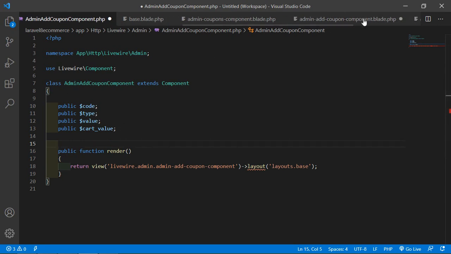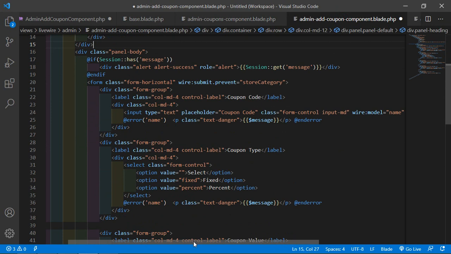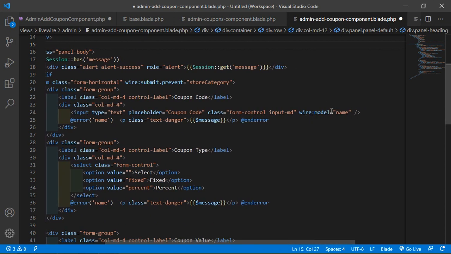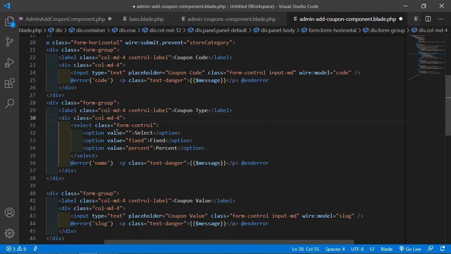So go to the view file, add coupon component.php file, and inside this file let's change here the property name wire model for coupon code. Let's add here the property name which is code, also change here inside the @error directive. Okay, and inside the coupon type, just find the property wire model is equal to type.